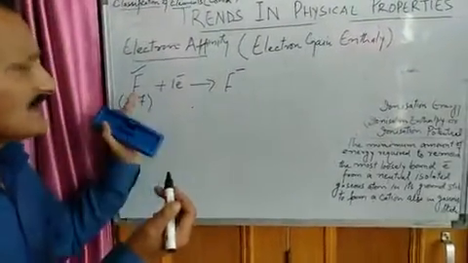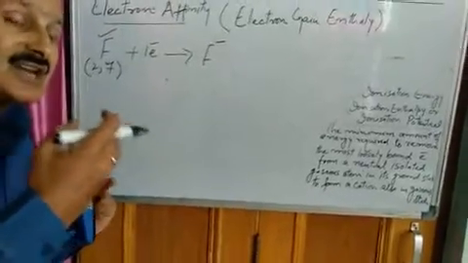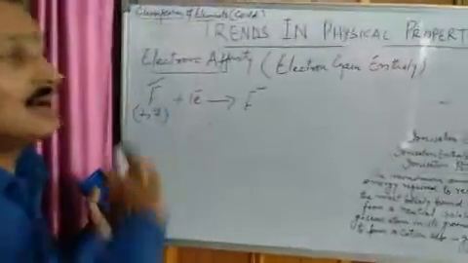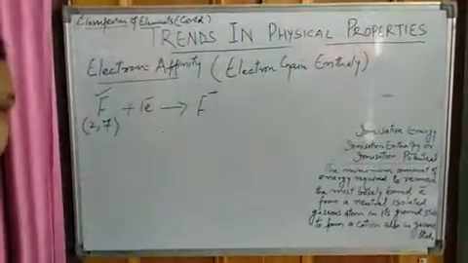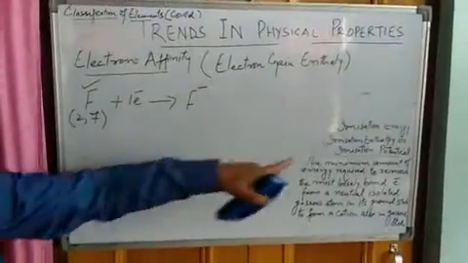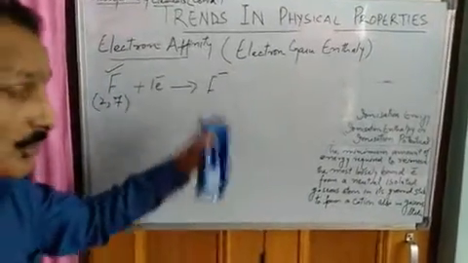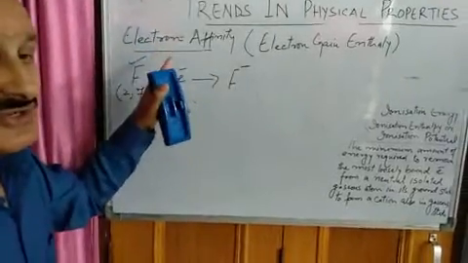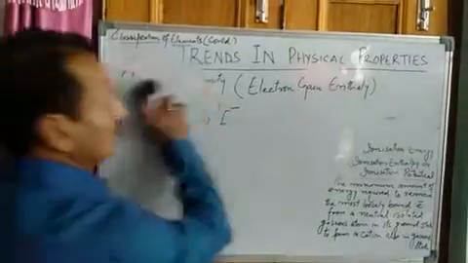The reason is very simple, because when we move from left to right, the metallic character goes on decreasing. On the left extreme we have metals, on the right extreme we have non-metals. But in a group, what happens to electron affinity? It becomes quite opposite of ionization energy. Ionization energy showed which trend in the group? It showed a decreasing trend, but your electron affinity shows an increasing trend in a group. This is all about electron affinity.